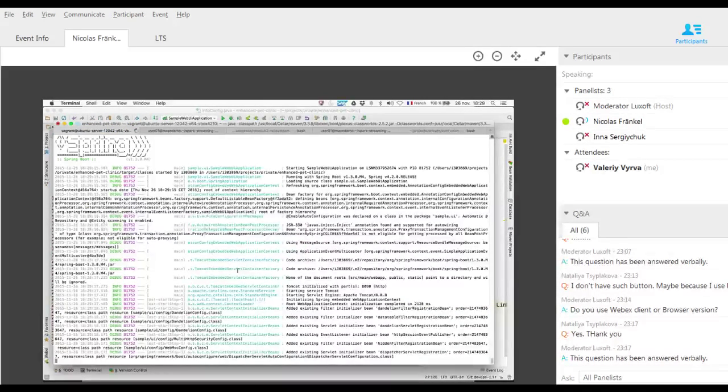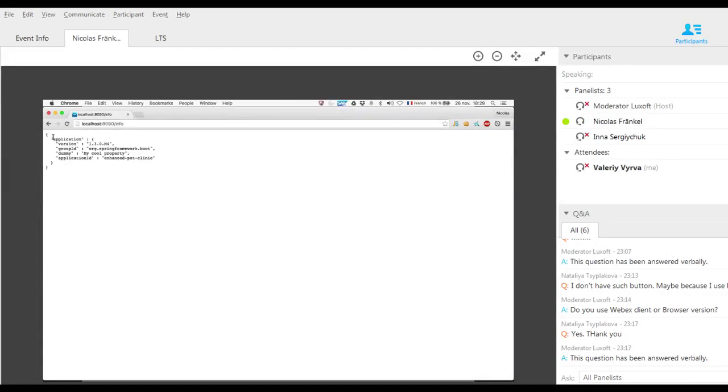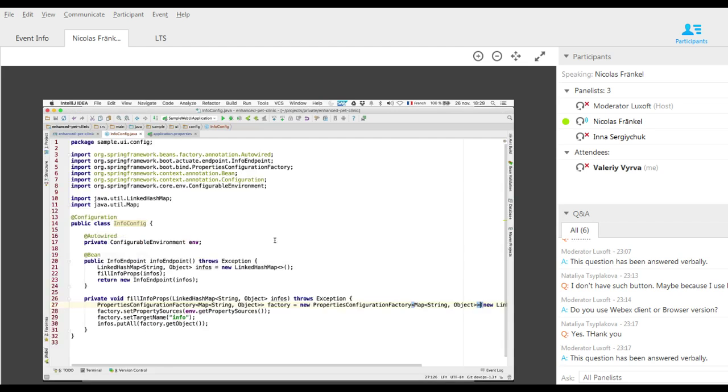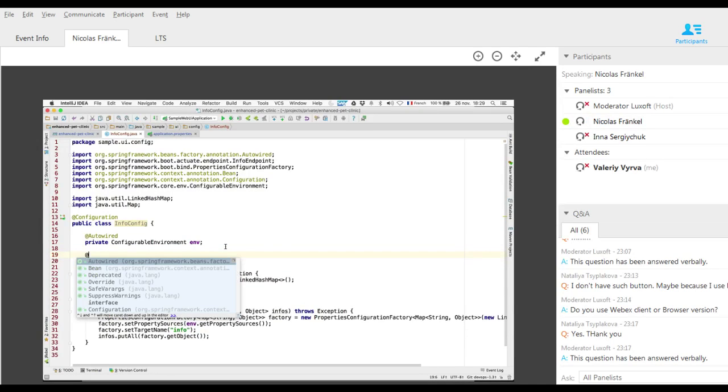Now, if I go back to my endpoints, everything that started with info appears again. So I've got my application version, group ID, artifact ID, and application ID. That's quite nice. But still, my point was to add the Git properties, and I don't have any Git properties right now. So what I can do is I will also read